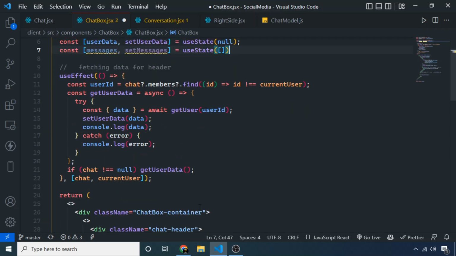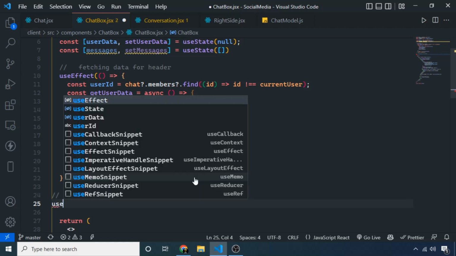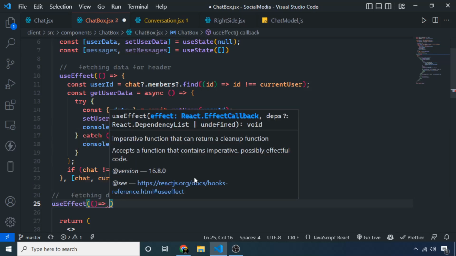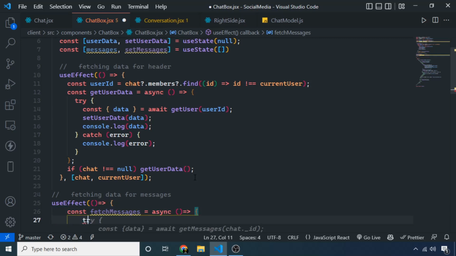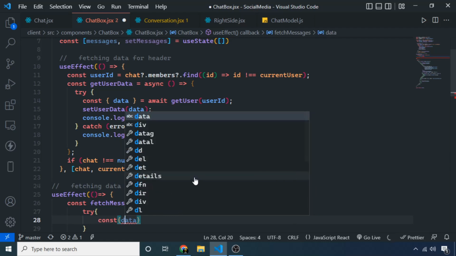Now I am making another useEffect and giving the comment as fetching data for messages. Inside the useEffect make an arrow function with const fetchMessages like this one, and this should be an async function. And now after this the try catch block,